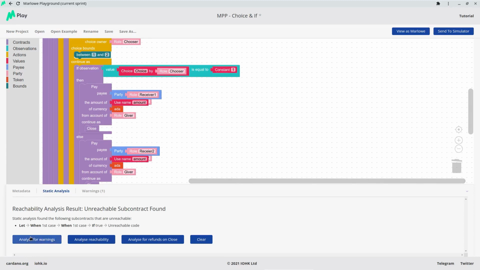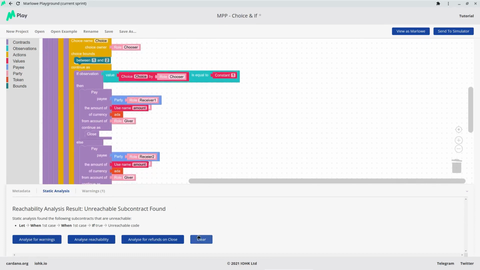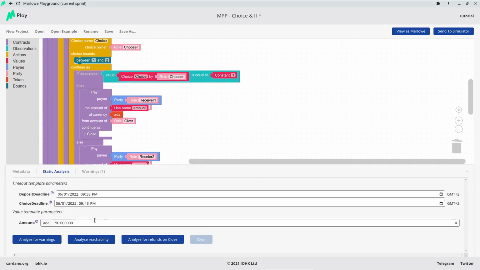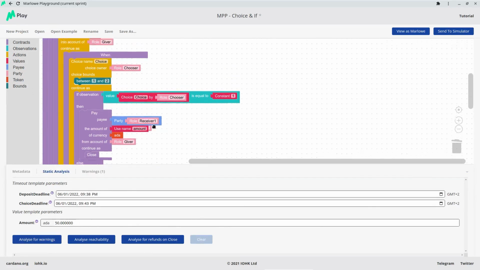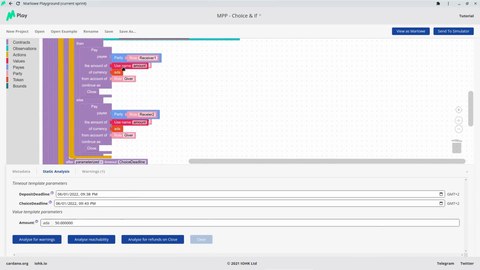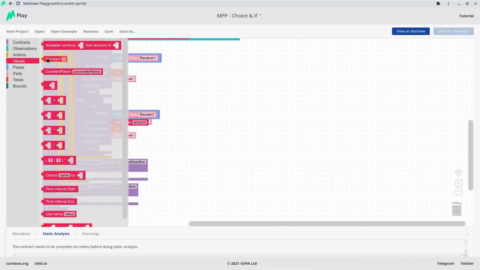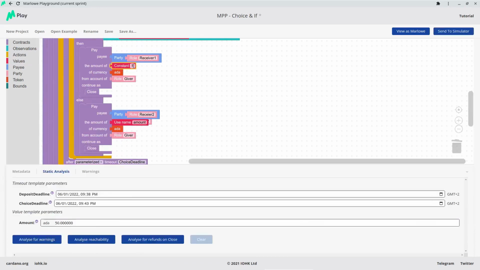So now warning, let's look at an example for warning. Let's say I replace this here. Let me first clear this, sorry. Okay, I just wanted to check. So I set the amount to 50 ADA. So let's say instead of paying amount, I remove this and replace it with some constant value, let's say 100